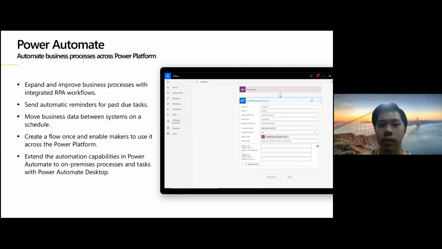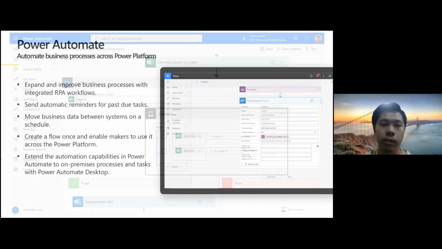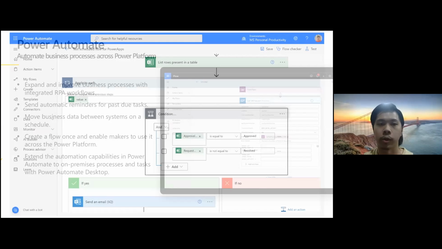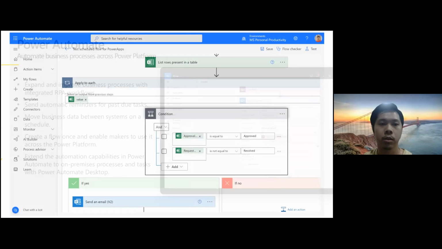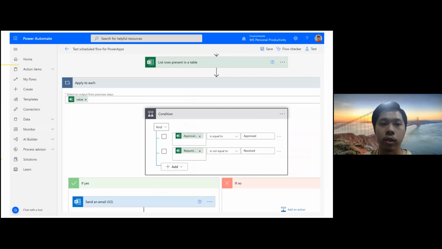So just to give you a better visualization of what this interface image on the right looks like, I actually have a screenshot on the next slide here. So if you can see, for example, just let me go back to the previous slide. Yep. So if you can see here, the example I have looks at an Excel file, okay? And then it pulls each and every row in the file and does something to each of those rows.